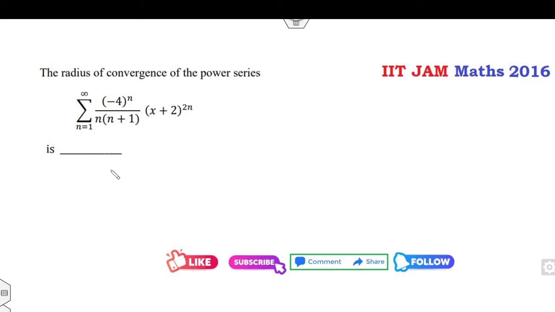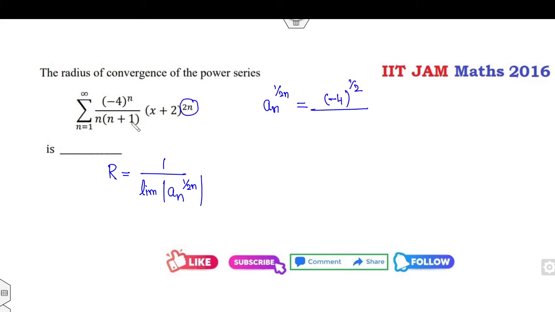Okay, again the radius of convergence. Fine. So your target is to find the limit supremum of a_n, because the power is 1 over 2n. Now you can substitute this value of a_n. So what is a_n raised to power 1 over 2n? It is minus 4 raised to power 1 over 2, divided by n raised to power 1 over 2n, times n plus 1 raised to power 1 over 2n. Fine. For this value we again use the same result. n raised to power 1 over n is 1. This number is 1. This number is